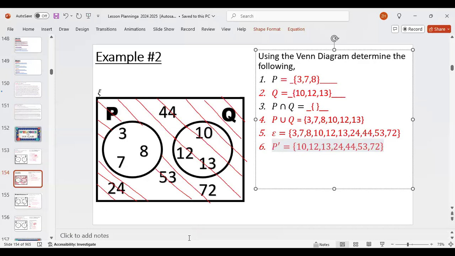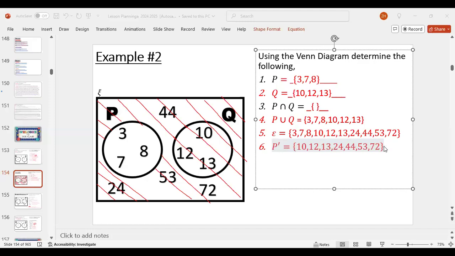Let me know if you understand all the way up to number 6. I do. I understand. That's good. When they ask for not the union, but the intersection, you just put the two curly brackets, right? Well, in this case, because the sets are not together, it doesn't have any elements that are common. So that's why you have to put just the empty set, the curly brackets like that. All right. Yes, I understand now.